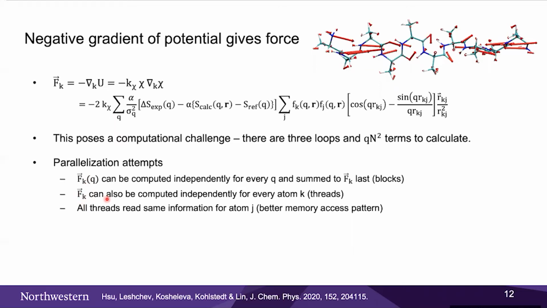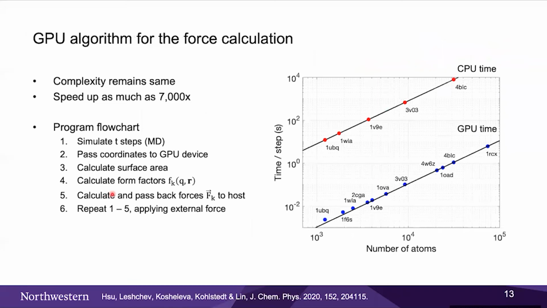All right. So after that, we were able to speed up the calculation of scattering patterns as well as the forces by about 7,000 times, which brings down, say for ubiquitin, if you use one CPU, you have to wait 10 seconds to calculate the scattering pattern. If you use the GPU, you bring it down to about 3 milliseconds. Well, this is not a fair comparison because you can, in principle, use more CPUs and say MPI to make it faster. But this is just to show how fast you can calculate the scattering patterns with GPU.